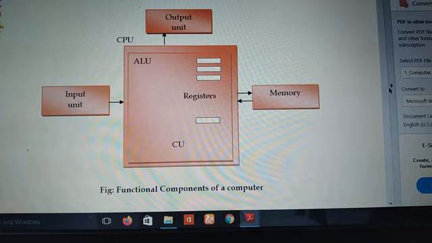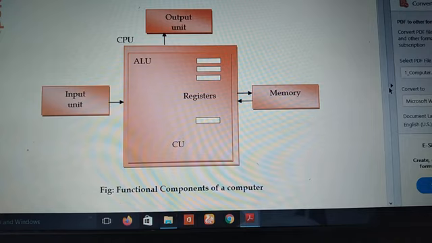Then the CPU. What is the work of the CPU? It is called the brain of the computer, I know everyone is aware of this. The CPU takes the input data from the input device and processes it as per demand and the instruction given by the human being. Any kind of instruction, like mathematical or any other instruction given by a human being, is processed in the CPU. This instruction is also called a program.